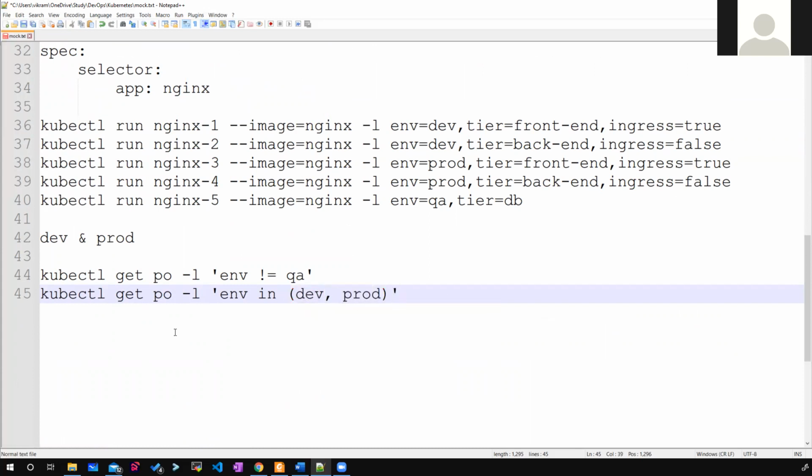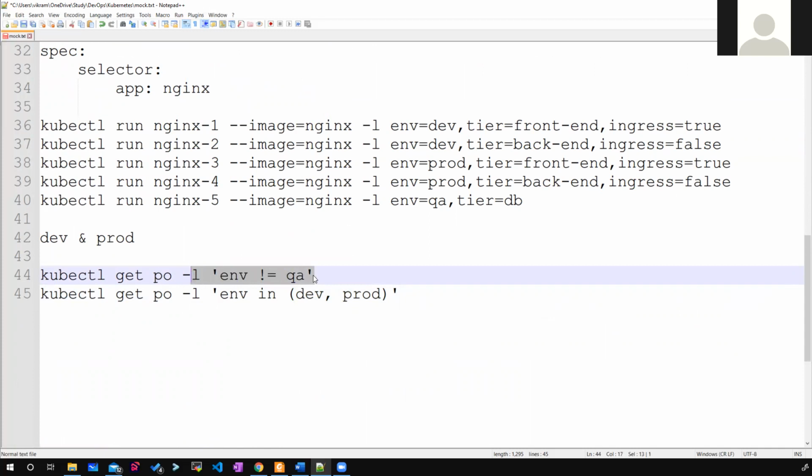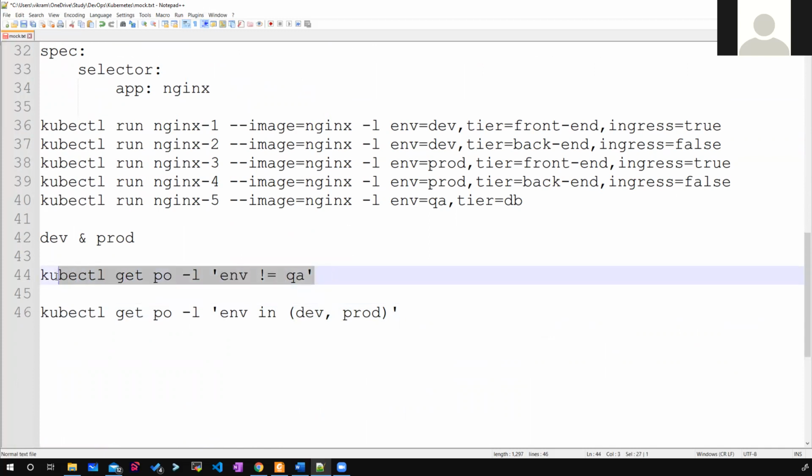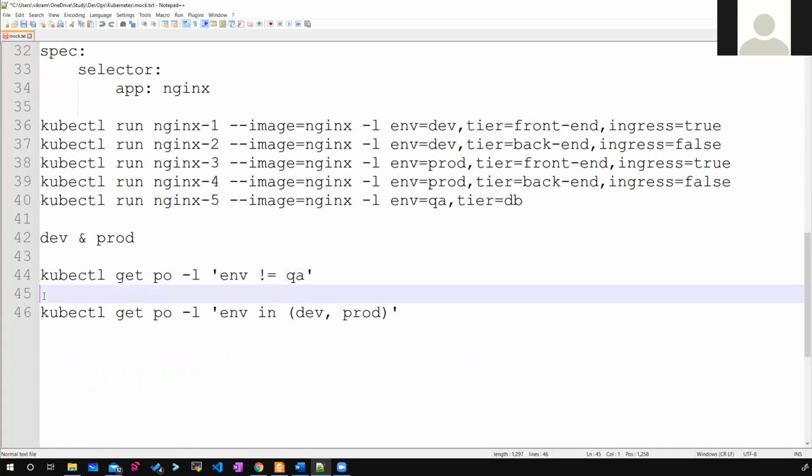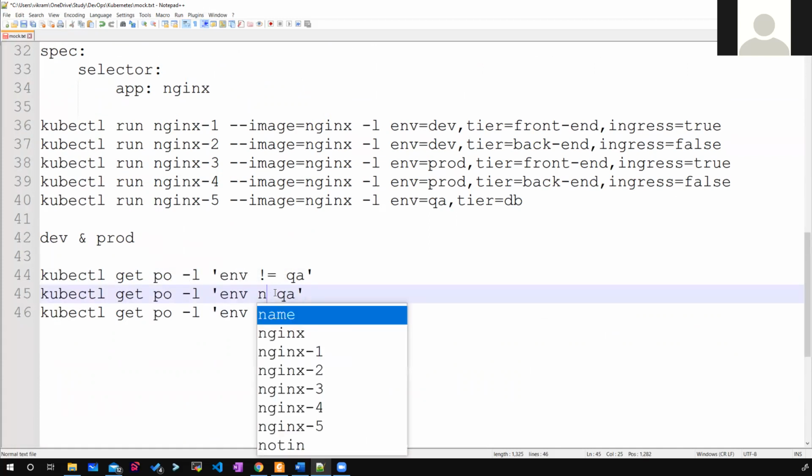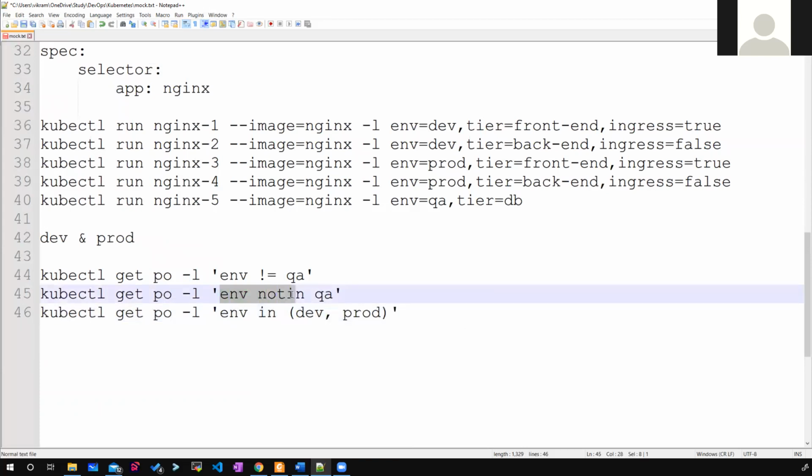So this will also select. This is a way of using equality based selectors, but I can also use the set based format. Simply replace not equal to with not in. But if you're using set based selectors, I have to put them in the brackets like this, otherwise it will throw an error.